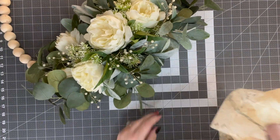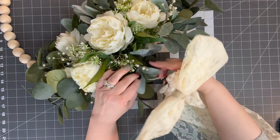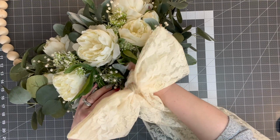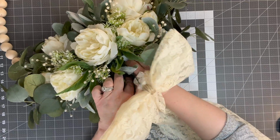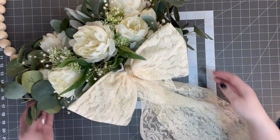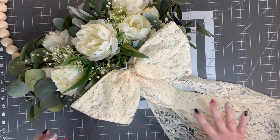Okay, so I'm going to bring this back into focus here. I'm going to show you how we're going to just now kind of go over top. We're going to kind of look here. You're just going to find the spot that you want. And then you're just going to kind of find, which way? All right. And you're just going to kind of put it in there. All right. And then that is your wreath. That is kind of your wedding shower wreath,